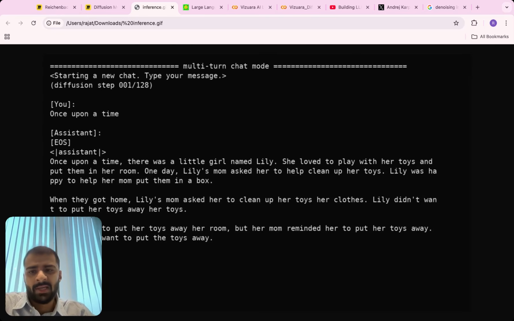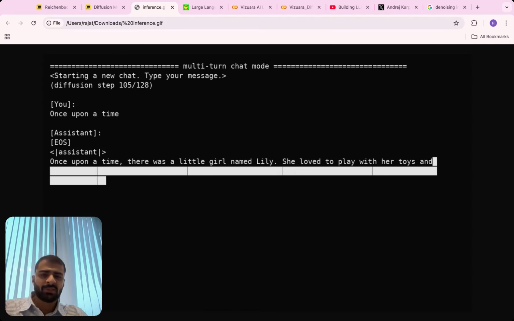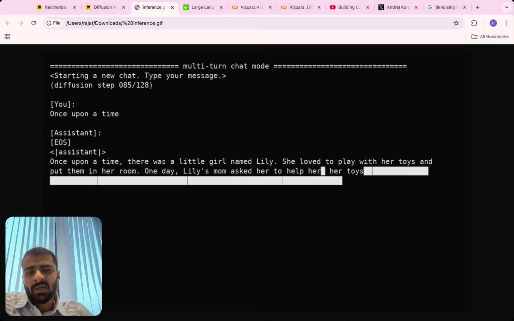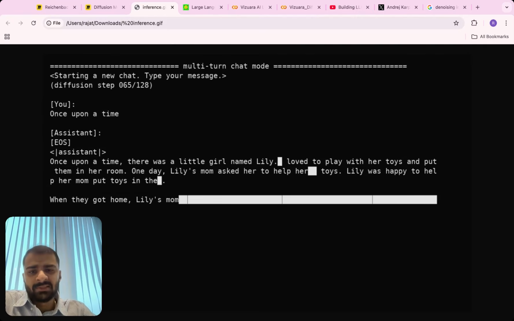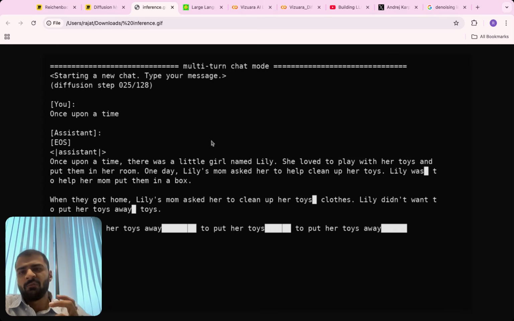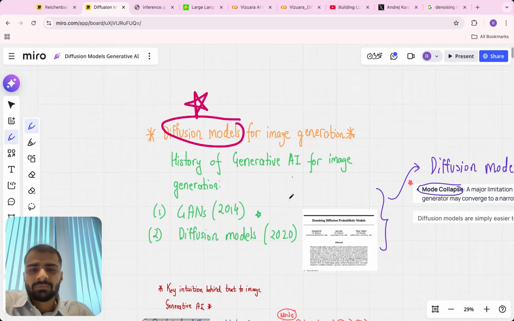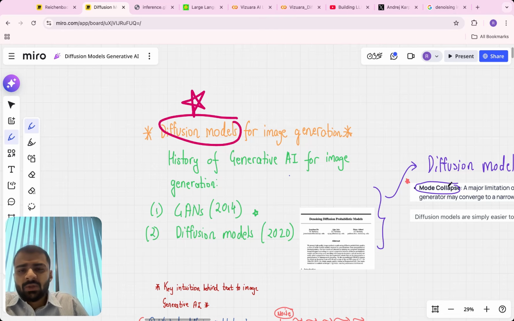I have not relied on any library, nothing whatsoever. This GIF, which is a diffusion based small language model, is producing coherent sentences, as you can see, and it's built fully from scratch. You will be doing this if you follow along with me throughout this journey, right? So let's actually get started,